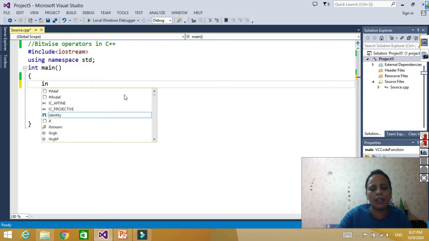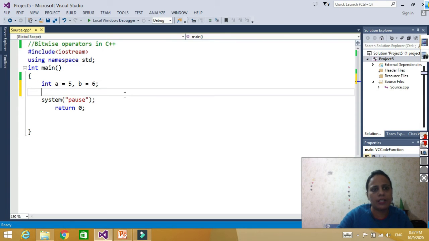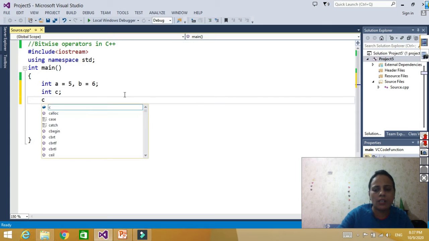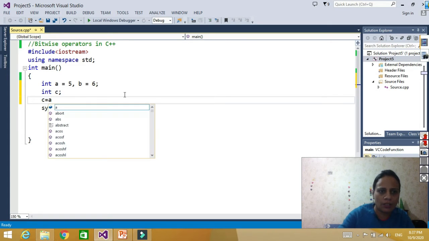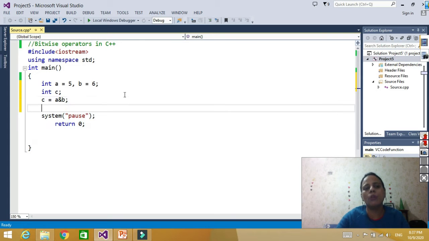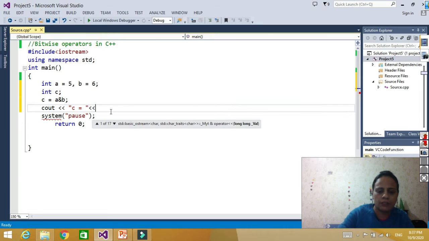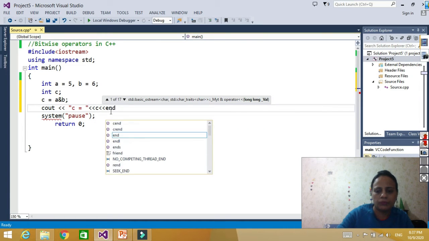Let's say we have two variables, A is equal to 5 and B is equal to 6, and another variable C, where C is equal to A and B. So this C should be 4, as we have seen in the example.